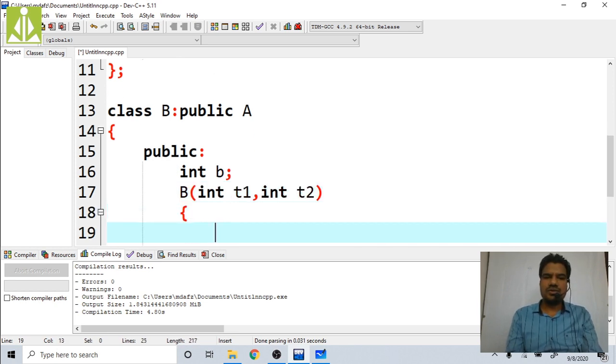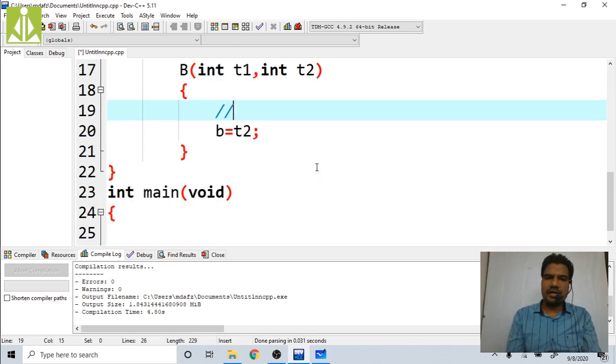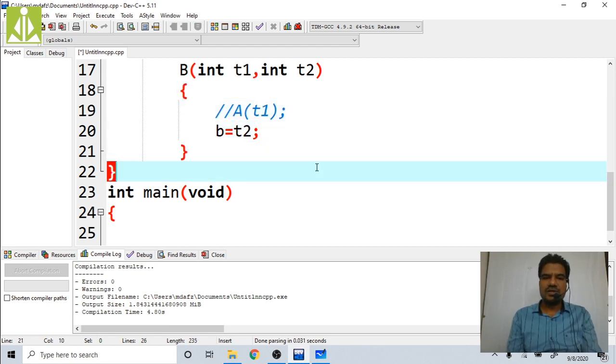So t2 we will initialize to B. T1, what we do, we call that base class constructor here. So this we will put in comment because we have to do some editing over here. So I am calling the base class constructor by passing this T1. So this is my second class.